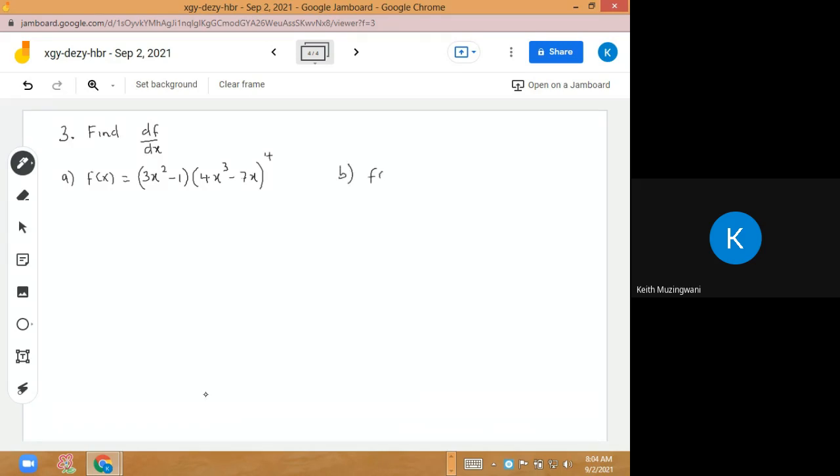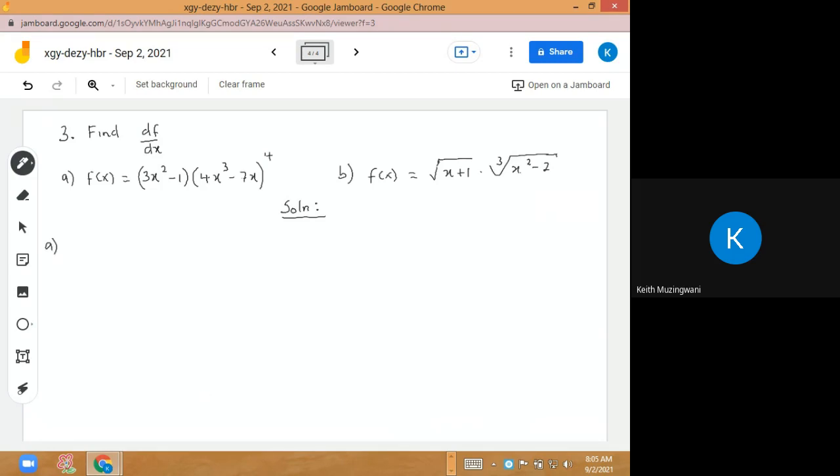B, f(x) is equal to the root of (x plus 1) multiplied by 1 over 3, multiplied by the cube root of (x squared minus 2). Solution, we have A,